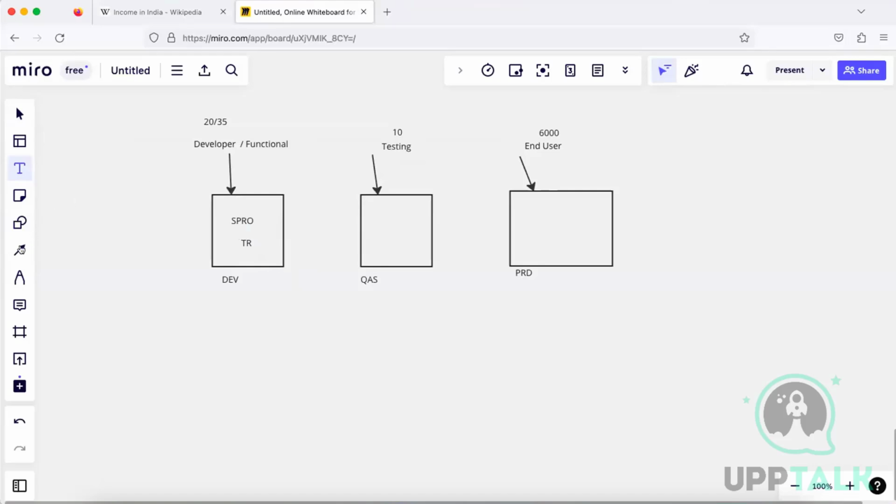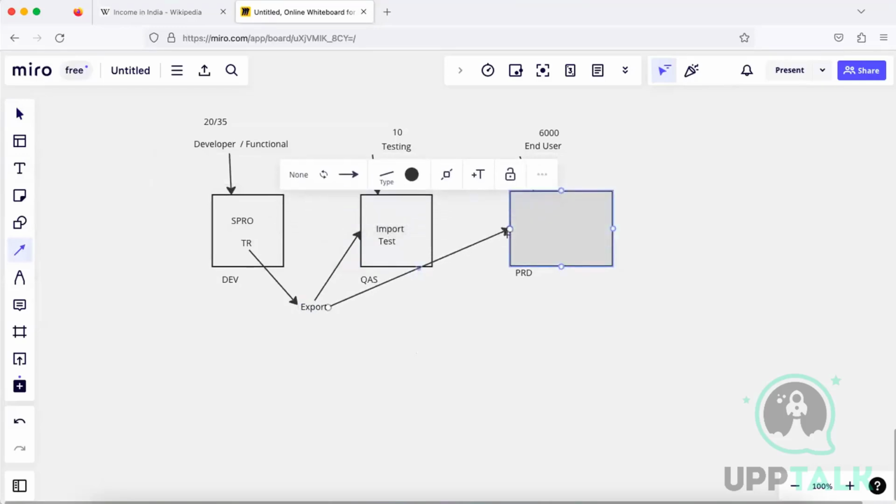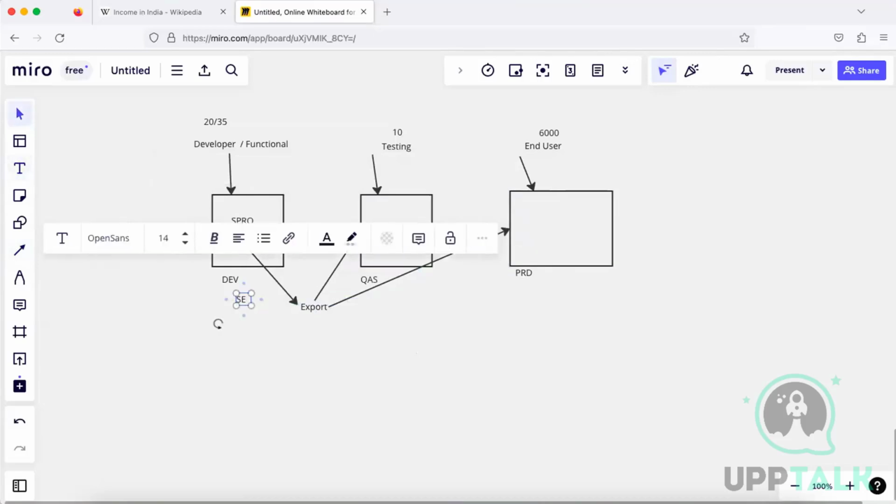They export this transport request, and then import it in test. If everything is good, then they import into the production system, and then they are going to work. So to export, we can use the transaction code SE01,